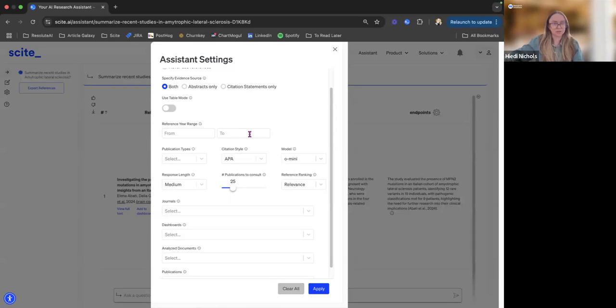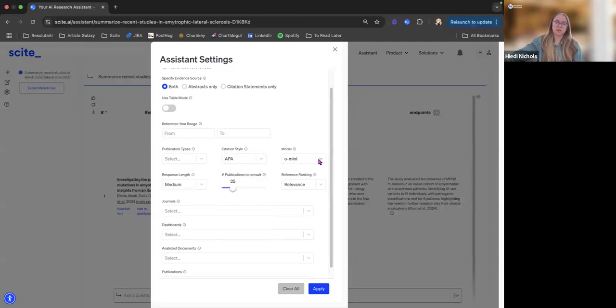You don't necessarily have to include it too, but again, it depends on what year range you're looking at. You can also select publication types. So in this case, we might be more interested in looking at clinical trial data. We can select that. You'll also see things like multi-center studies, but also things like meta-analyses, systematic reviews, things like that. We can specify a citation style if you want to change, depending on if you're doing this for any